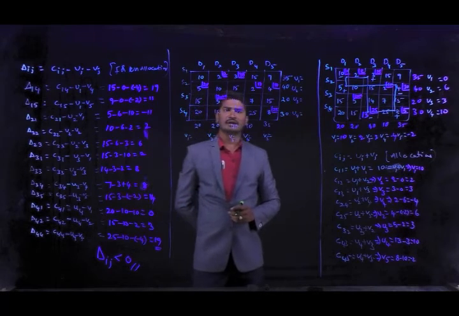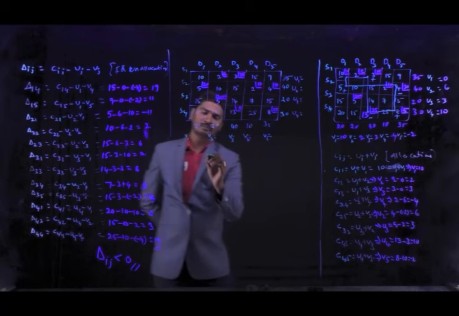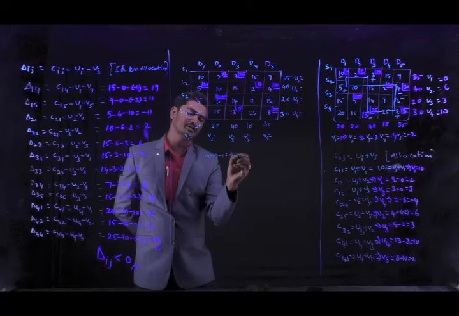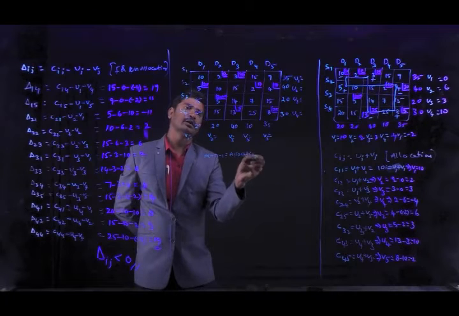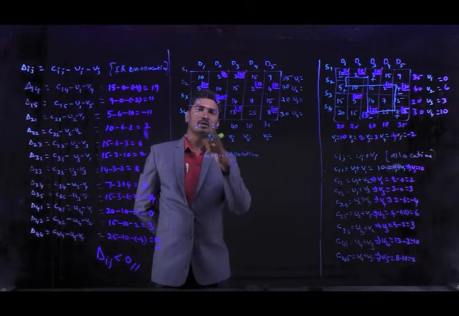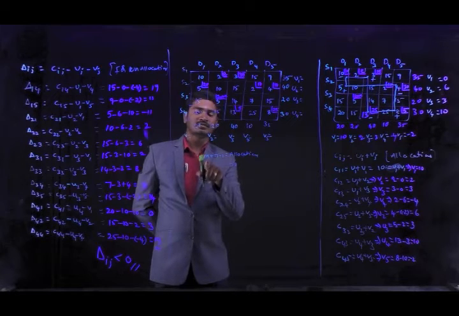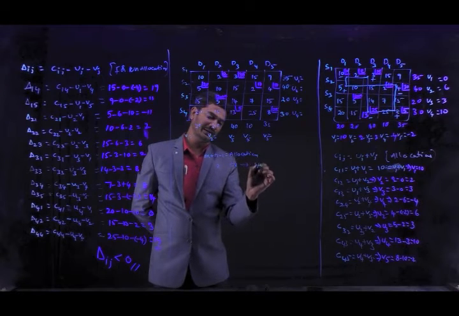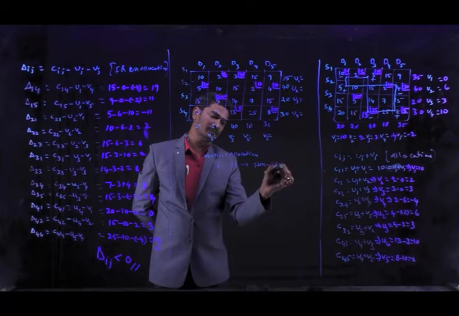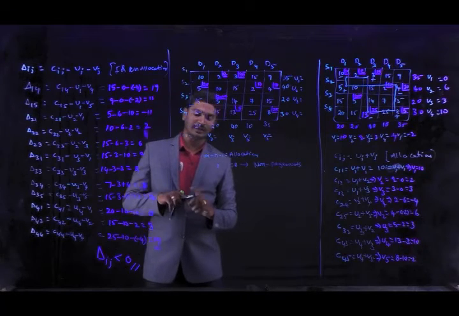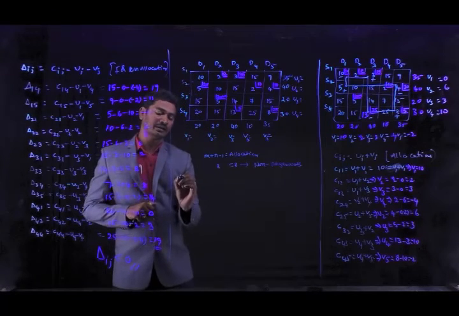Before we calculate the shadow prices, we have to check whether m plus n minus 1 is equal to the number of allocations or not. Here, total how many allocations are there? Total 8 allocations are there. So how many rows and columns are there? By checking this, we get 8 is equal to 8. It is a non-degeneracy problem. So now we are going to calculate the shadow prices for the allocations.